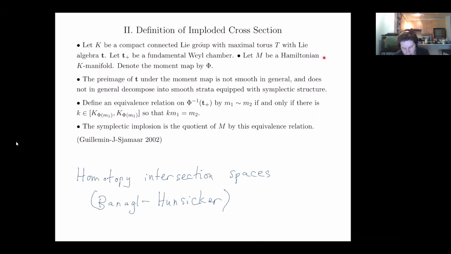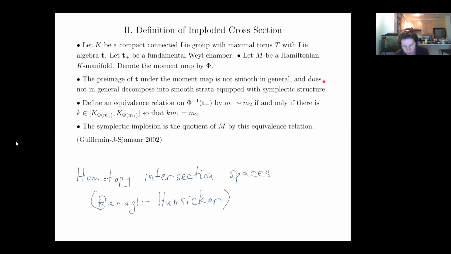Let M be a Hamiltonian K manifold, and I'll denote the moment map by phi. Then the preimage of the Lie algebra of T under the moment map is not smooth in general, and it